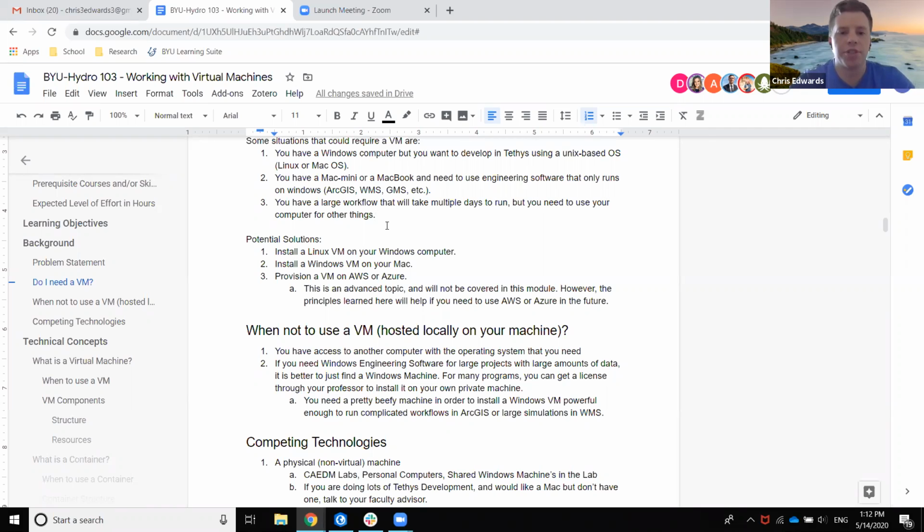Because if you buy a physical machine and you need a ton of storage and a ton of RAM, you're paying for that, and a lot of the time you're not using it. But the idea with these cloud computing platforms is that you only pay for what you actually use. So that's something you'll probably encounter more and more as you work on different projects in the lab.